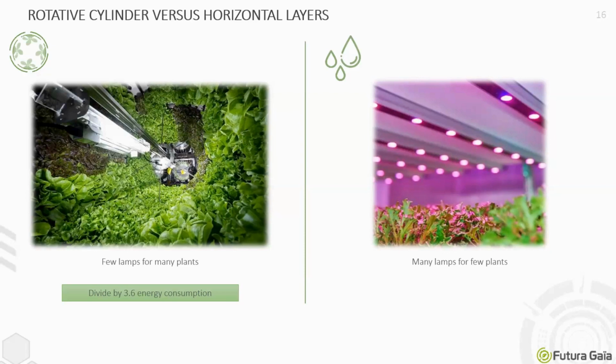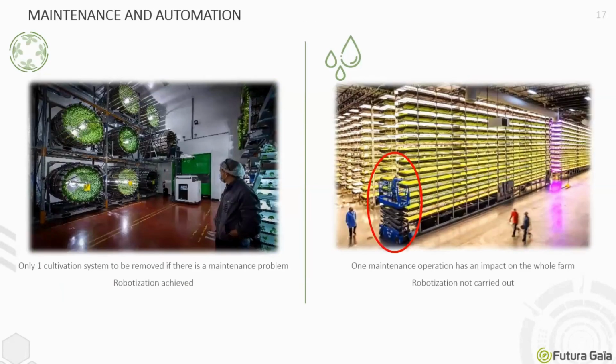This is really a game changer in our business, especially with the energy crisis that we are facing right now. That's why we are still alive right now, even with the energy crisis. It's because we made some smart choices in terms of energy management. And my last slide, about why we chose the rotative cylinder instead of a horizontal layer, is really linked to